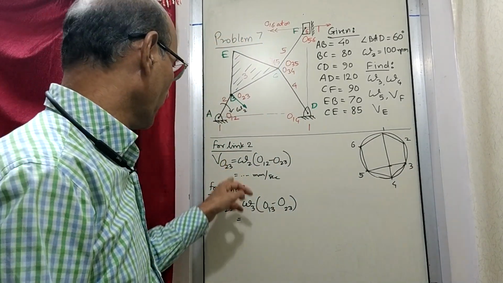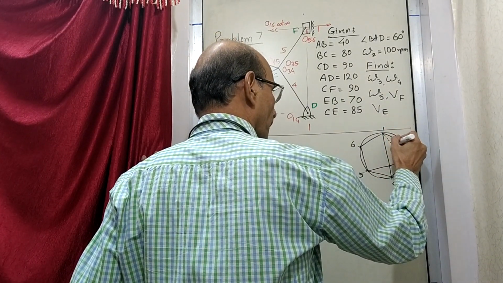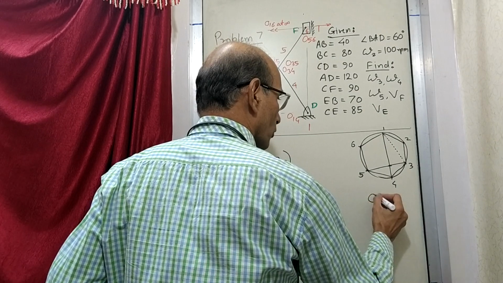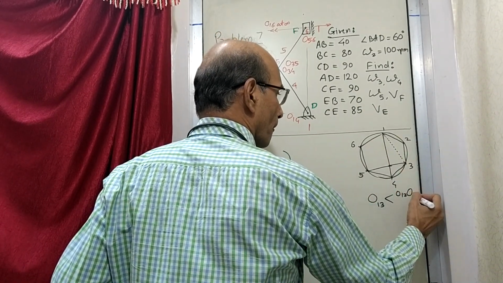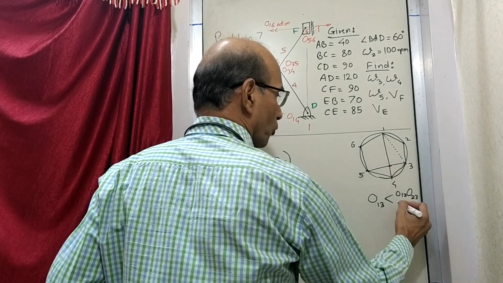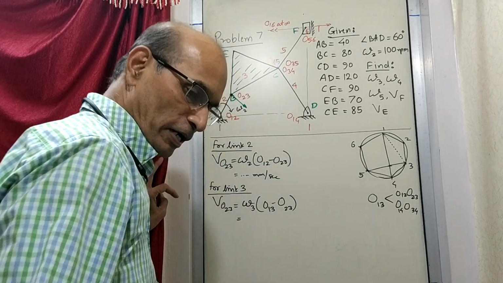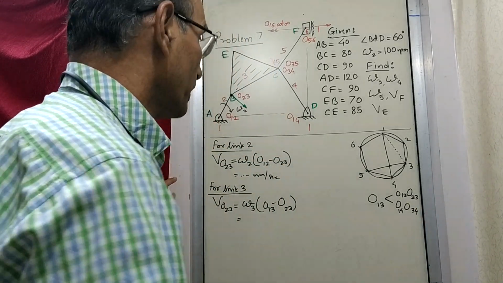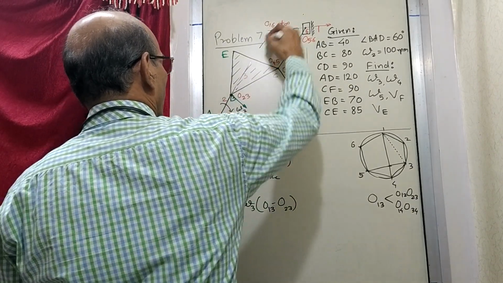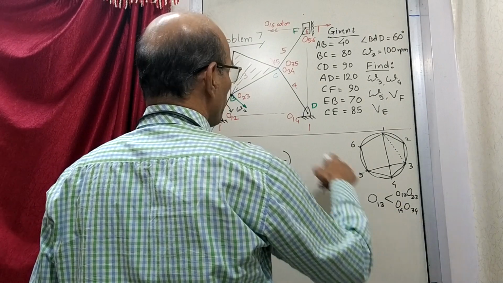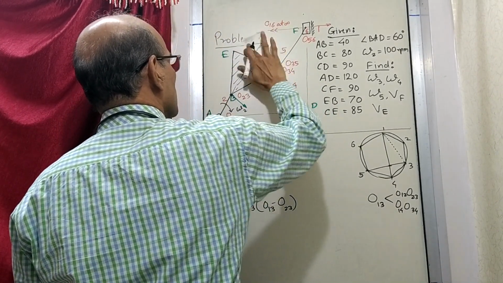And now we are trying to find out O13. So we join 1 and 3, and let's find out where O13 is. So O13 is on the line through 1,2 and 2,3, and 3,4 and 1,4. So let's try to find that out. We join 1,2 and 2,3, that is this line. And then 1,4 and 3,4 is this line. So these two lines I'll just take this out.